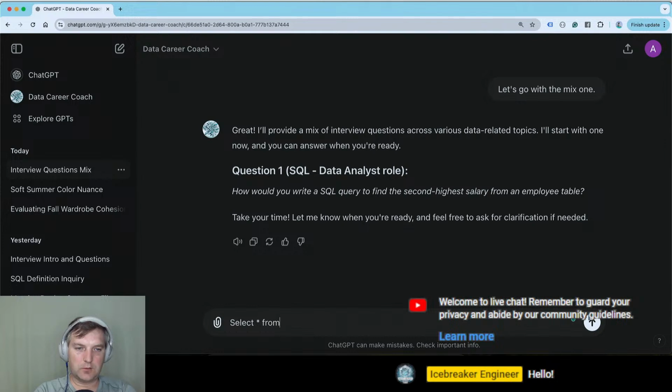Select star from salaries order by salary limit 1, 2. I believe that's the case. Something like that. Would that work?